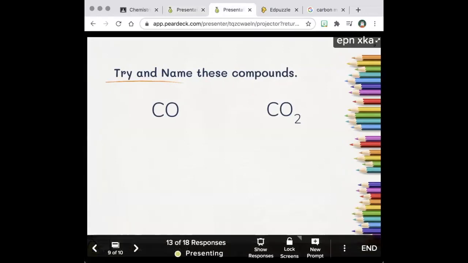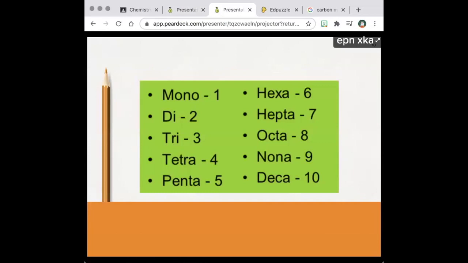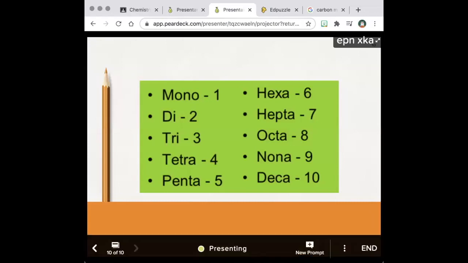Okay, Naomi asking a question, is the prefix mon or mono? It is mono, but just to make it sound nicer, they don't say monooxide. They just make it sound nice and fluid and say monoxide. Okay, Carmine, I mean, we can also die from CO2 as well, though. Yes, but that is more so due to lack of oxygen rather than the carbon dioxide actually doing anything bad to your body. Carbon monoxide actually does bad things to your body. Okay, it affects your brain function and all that good stuff. Okay, di means death, but di means two. Okay, and so these are going to be the covalent prefixes that you are going to be using when naming